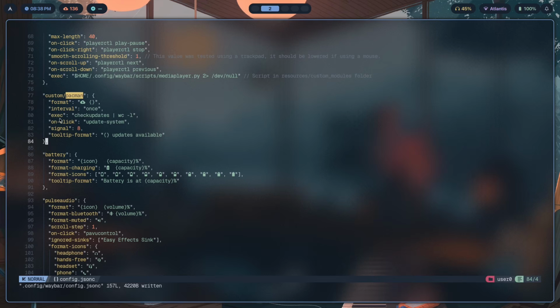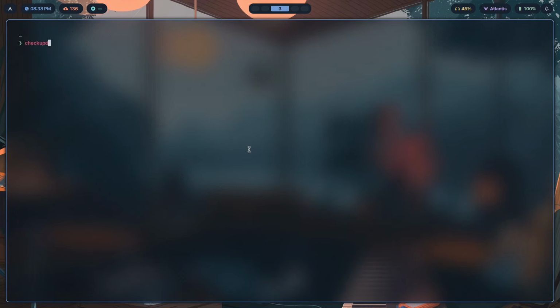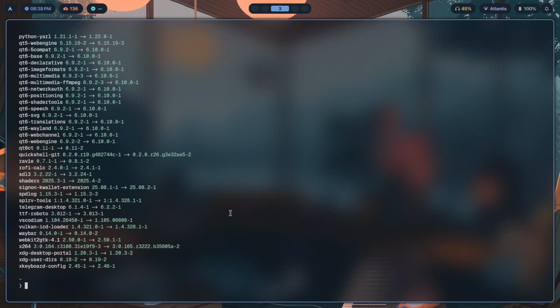Now, what is this going to do? This is basically just going to run a check updates script and then get the number of lines that this outputs. So if I show you check updates, it should return a list of updates like so. Now all you have to do is just count the number of lines and you should get the number of